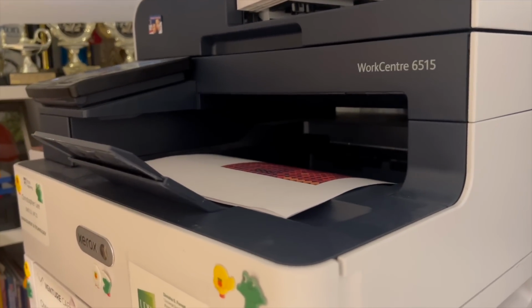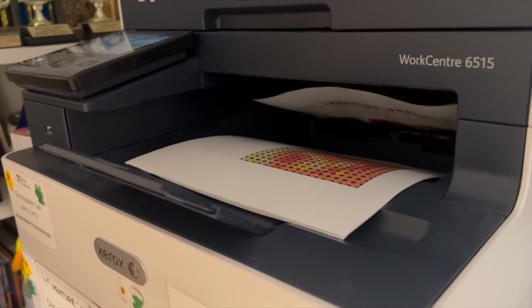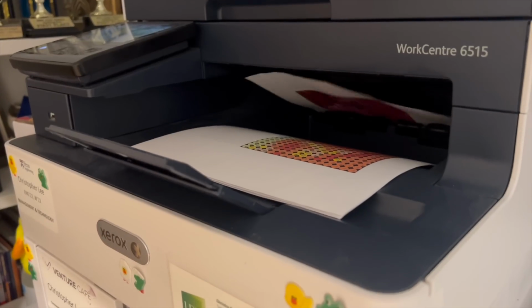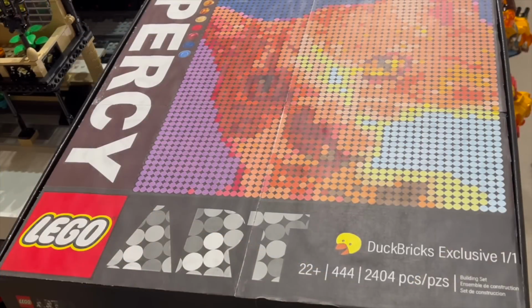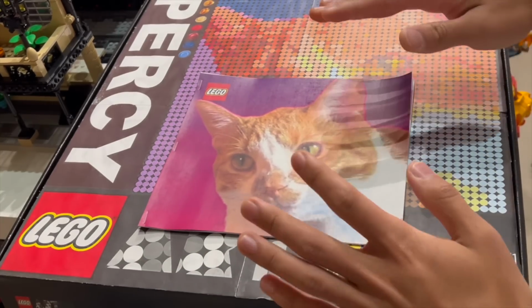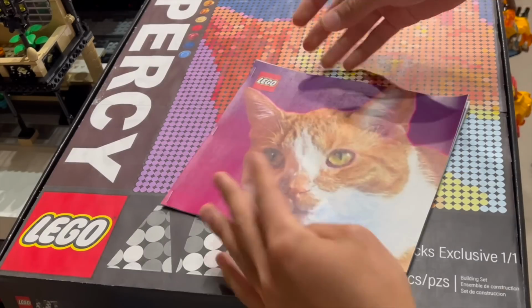Once everything was fully printed, as you can see it's printing right here double-sided, all I had to do was pretty much just cut each and every one of the individual pages to exactly the right size. This was done by basically just stacking and eyeballing them and then cutting a few batches at once, which turned out pretty good, and then it was time to add the instructions to the set. So after about an hour's worth of work, boom, you looking for this? Okay, this is the custom instruction manual that I've printed out, cut it into approximately the square shape that all